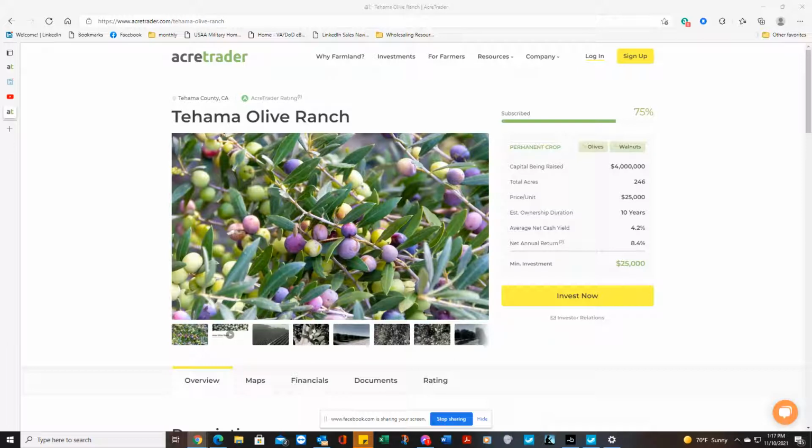So this is real, folks. This is real. Okay. If you are an accredited investor and you're looking to diversify your portfolio, take a look at Farmland. Okay, up 76. All right. So diversifying your portfolio, take a look at Farmland, accredited investor, $1 million net worth, not including your